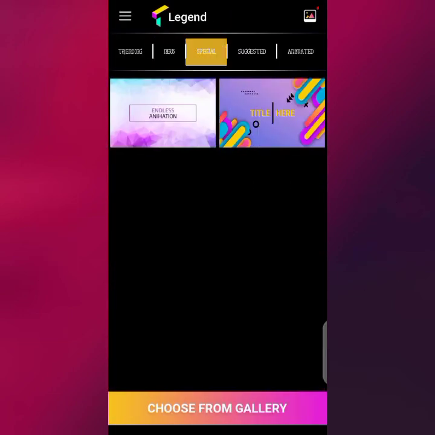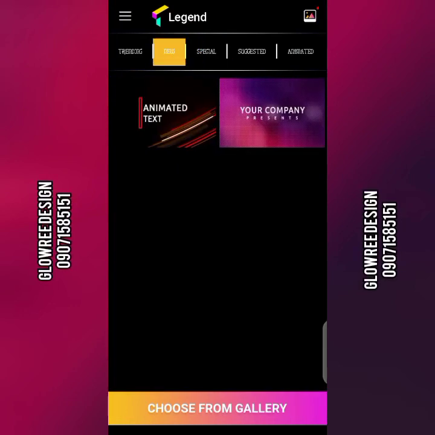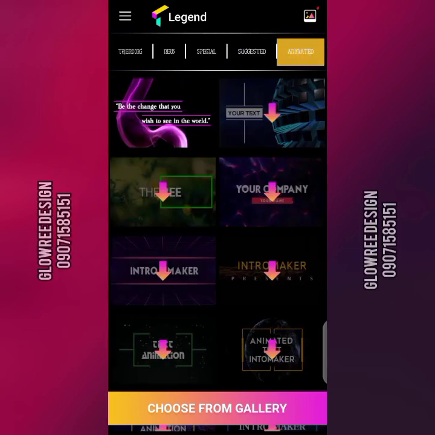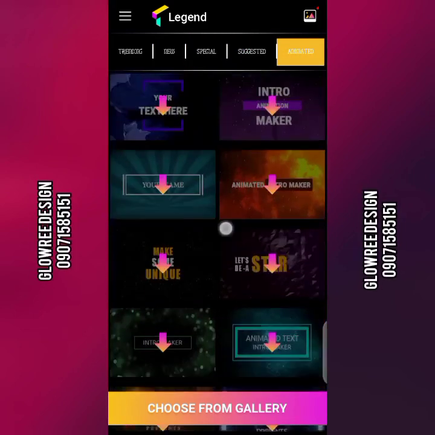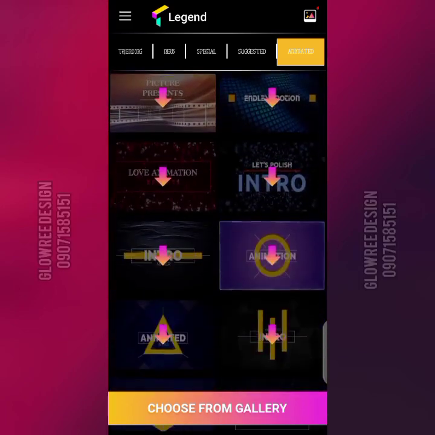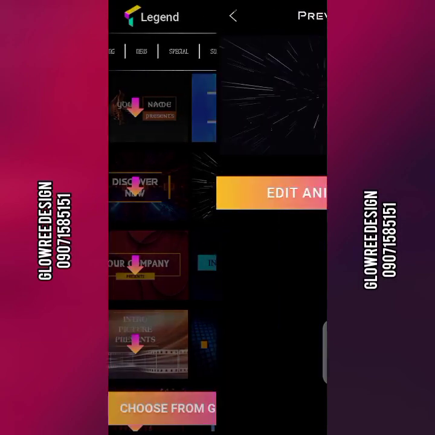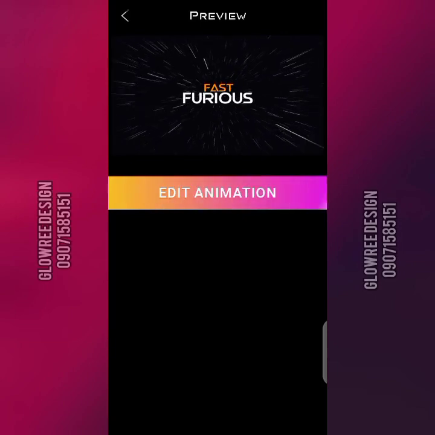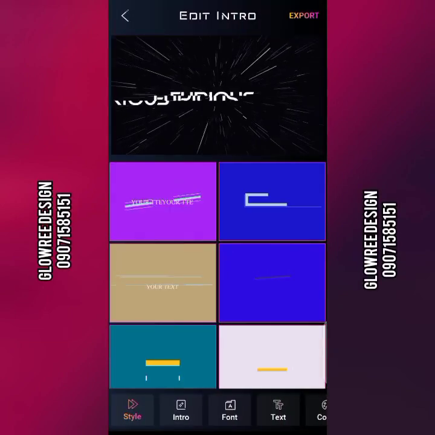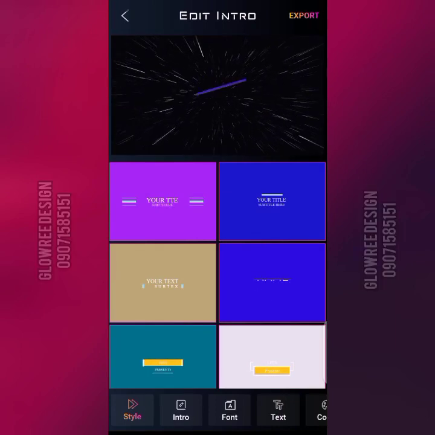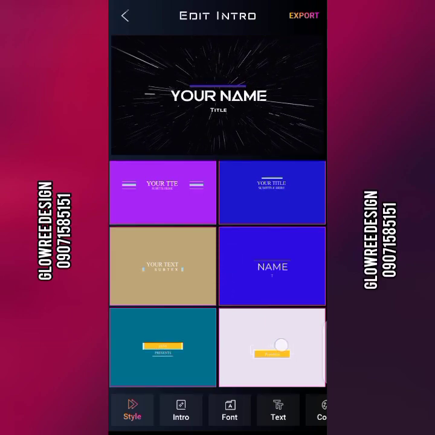So this is the new special. You can use anyone under the new or the special, the suggested, the animated. Let's work on one of the animated. Let's use this. Alright, so we have Fast Furious. Click on edit animation. Don't forget, this is for the way you want the text animation to come in,